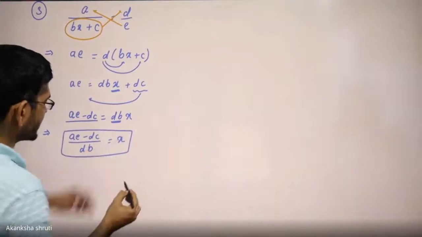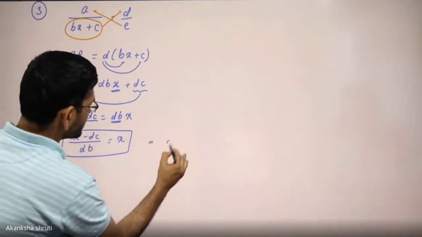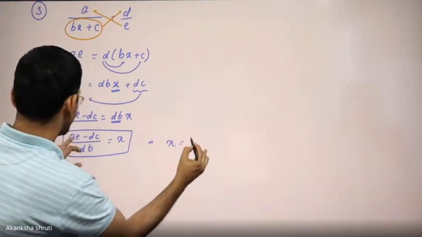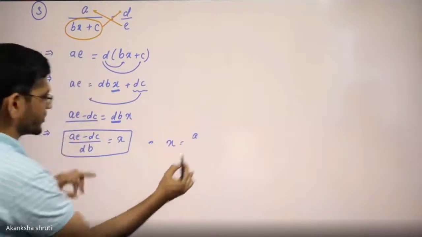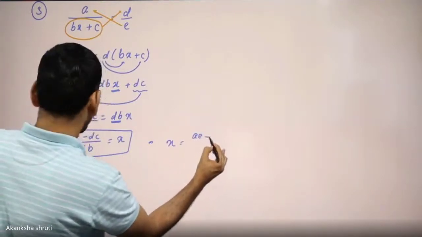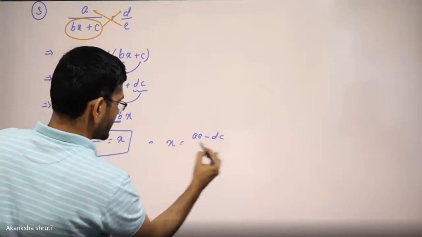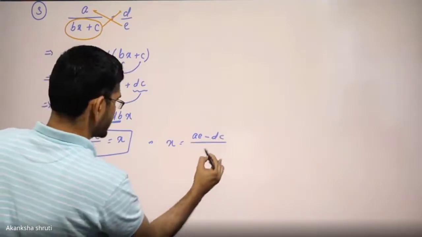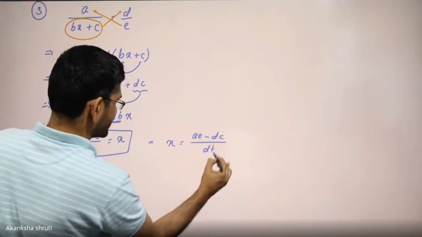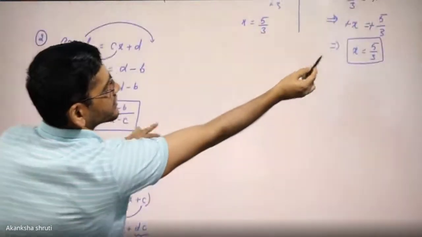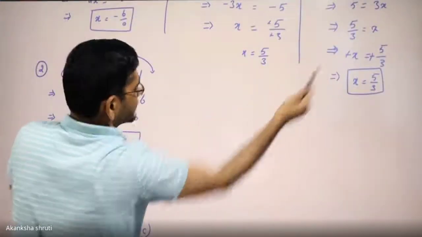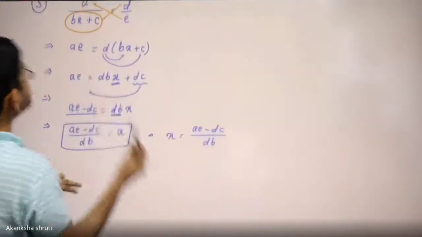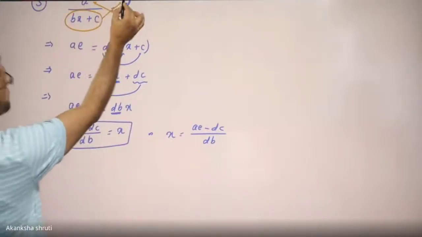So this is the value of x. You may write x on this side, or you may keep this x here on the left and shift this entire term to the right hand side without changing sign. Then both sides there will be a negative, and lastly that negative is removed, as we have done there. Okay, this is the rule, but that step can be left out, or there is no need to write it.